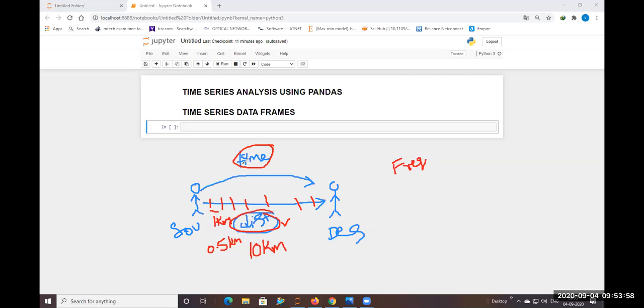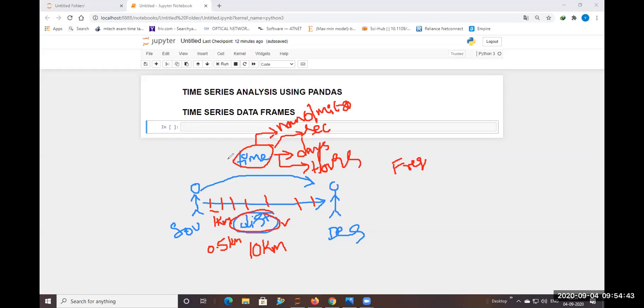In the same way, when you come to time, we'll differentiate with respect to different units. Time may be how many days he took to travel from source to destination, or how many hours, or how many seconds, or how many nanoseconds or microseconds it took to cover this time period.